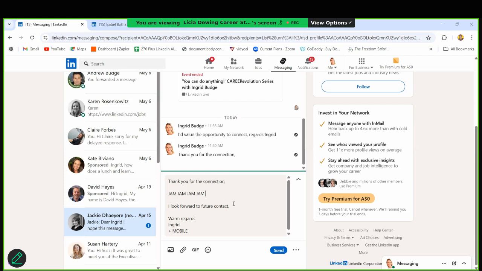And then this last sentence, which is the second piece of bread if this were a sandwich, "I look forward to future contact," tempers your connection. So it basically puts your connection with them in a